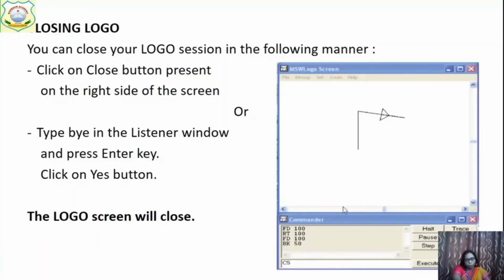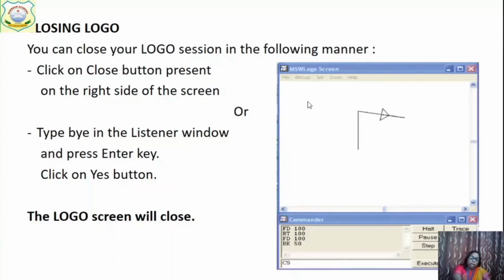Just type BYE in the command input box, execute it, and the Logo screen will close. This is the programmer type of closing Logo.